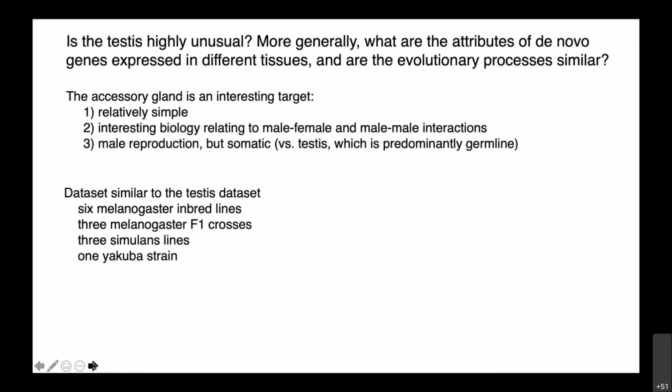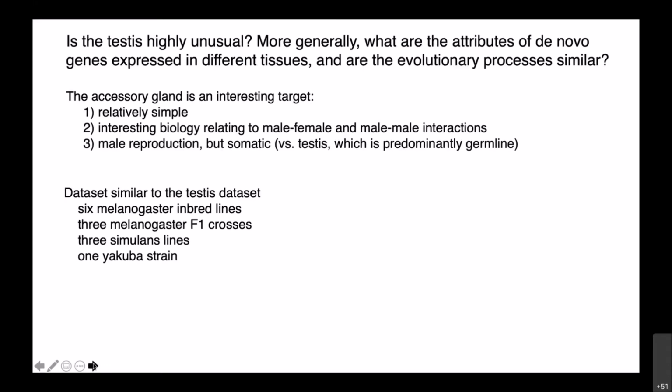And in general, de novo genes expressed in different tissues, do they have different attributes functionally, in terms of their structure and organization, in terms of the evolutionary processes that explain their existence. So these are very general questions. And we've taken a stab at starting down this road by looking at the accessory gland, which I mentioned earlier